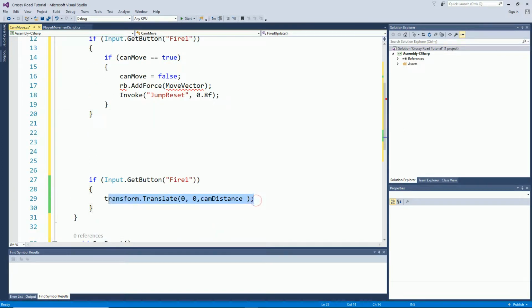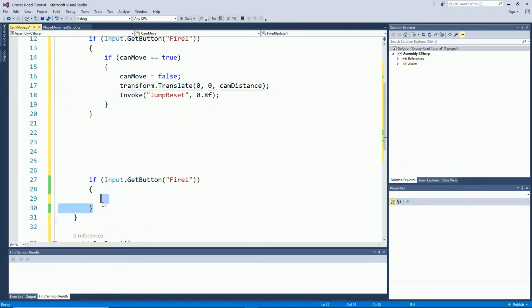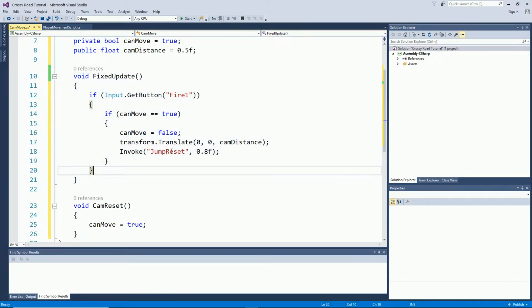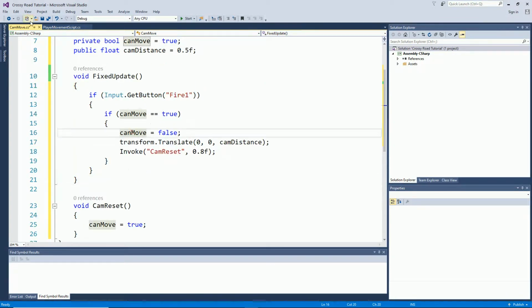I do want this line though, because that's which line we're using, and we're not affecting the rigid body. We're using that one. So let me delete you. And instead of this being called jump reset, I renamed it to cam reset, just to be complicated. Right, so I think that's good. So I'm going to save it